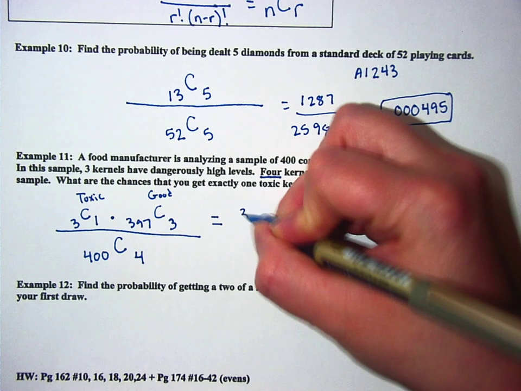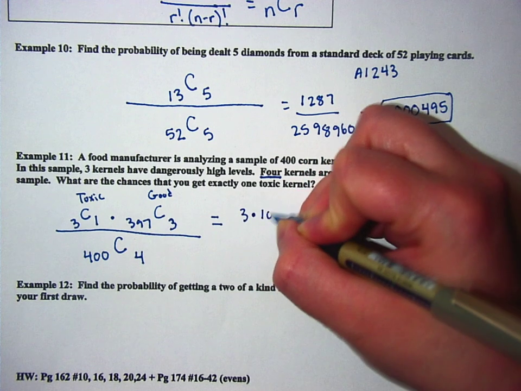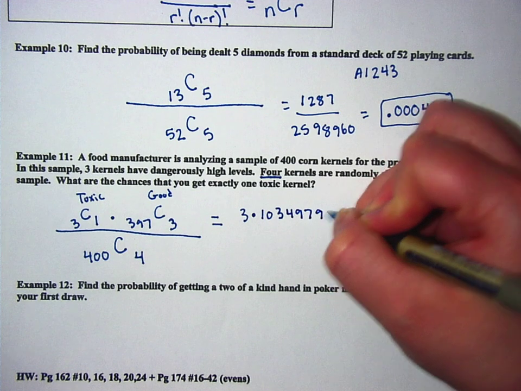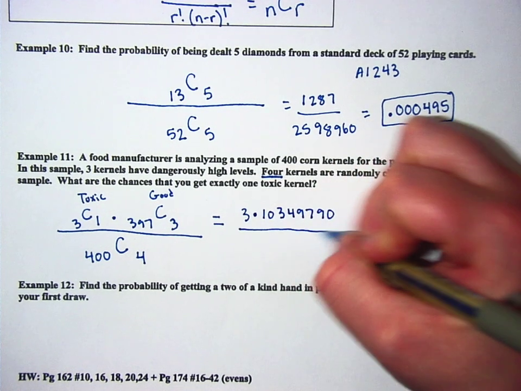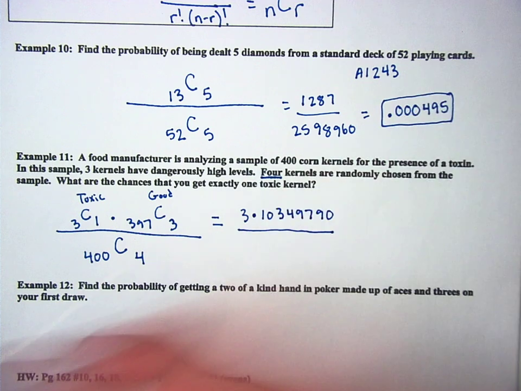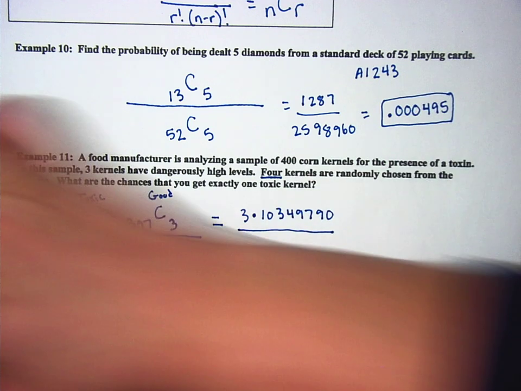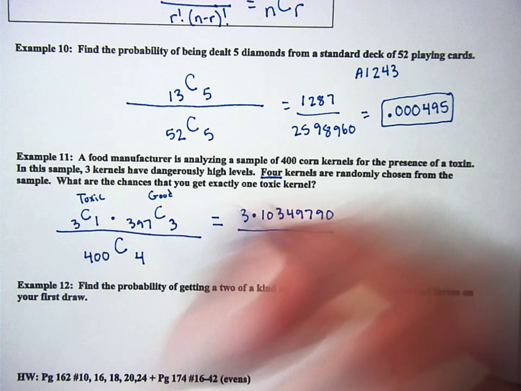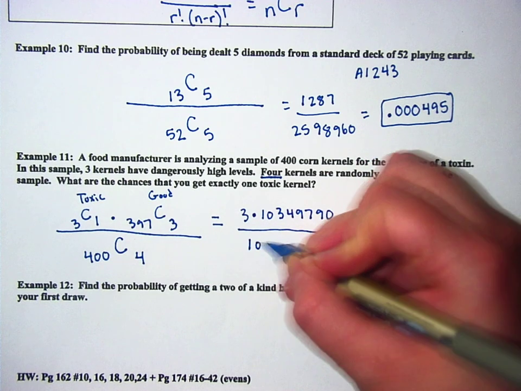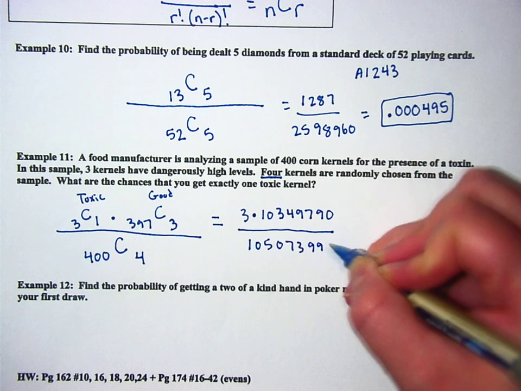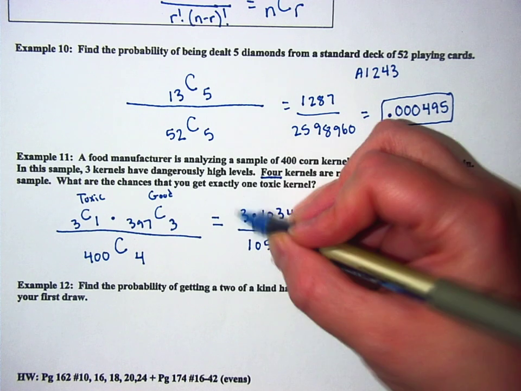The top here is 3 times 10 million. And the bottom is 400 choose 4, which is a super high number. And I multiply the top